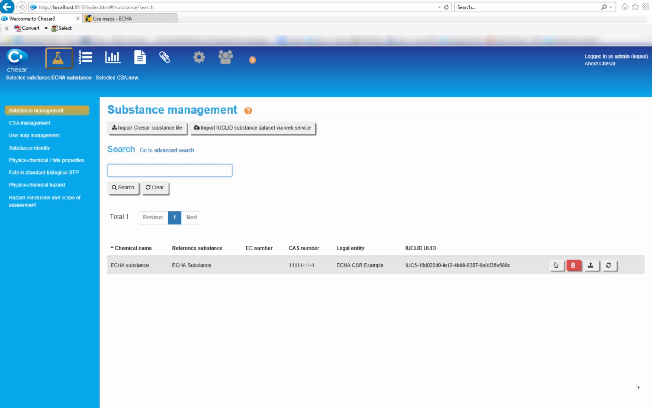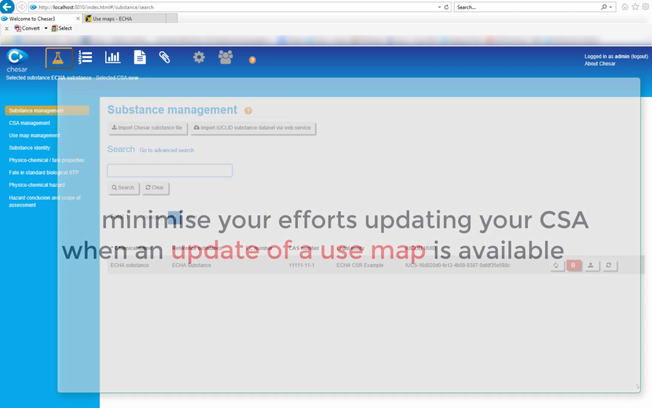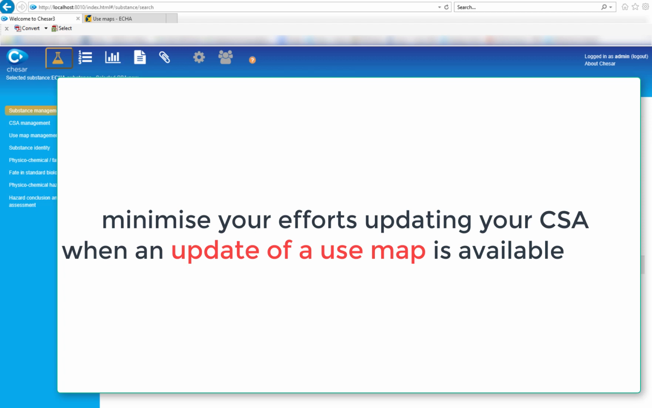In this video, I will show you how to update a previously imported use map in Chesar 3. As you will see, Chesar contains functionalities to minimize your efforts when you would like to update your chemical safety assessment to incorporate a new version of a use map, which has been made available in Chesar format by a